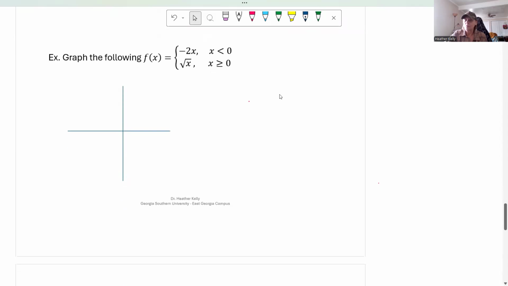Now, what happens if it's not the same, right? We got two different things going on here. So let's graph it. You're going to graph it by pieces. That's the way you're going to want to do it. And we've got the two pieces here. So basically we have a line when x is less than 0, and we've got a parabola or a square root when x is greater than or equal to 0. So let's go ahead and